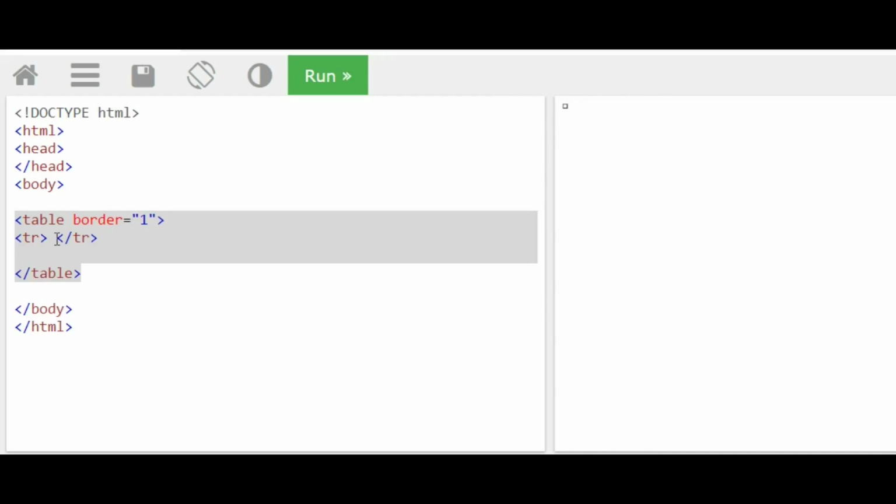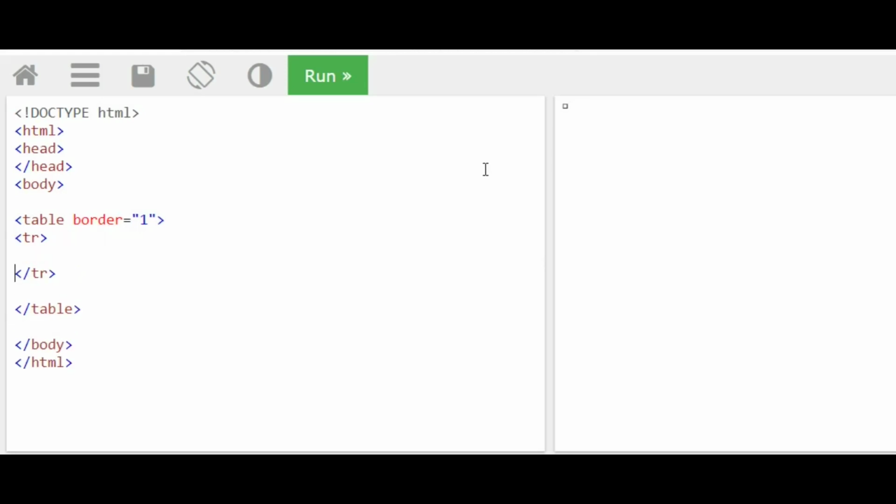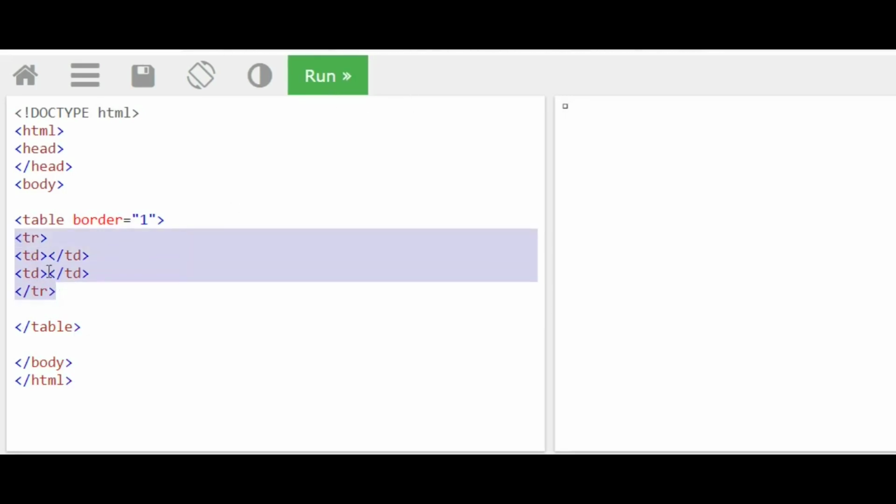How to mention how many columns must be there in a row? So go to tr tag. Inside tr tag you can mention td. Columns are mentioned as open and close td. So one td, open and close tag, means one column. Usually we call it a cell. So in this tr I am writing two td tags. That means I must display two columns inside this particular row. One row, inside one row there are two td, right?